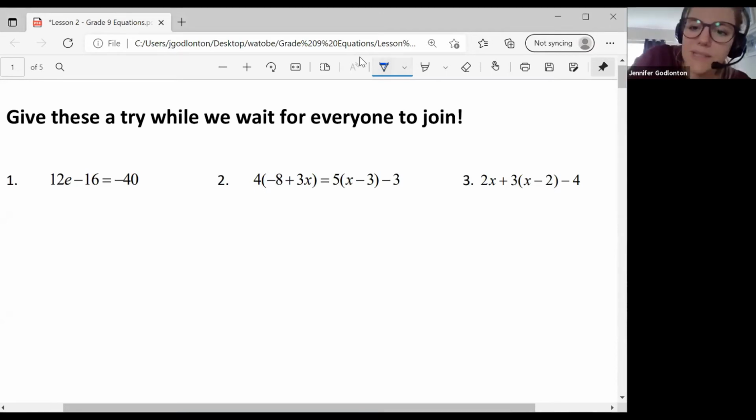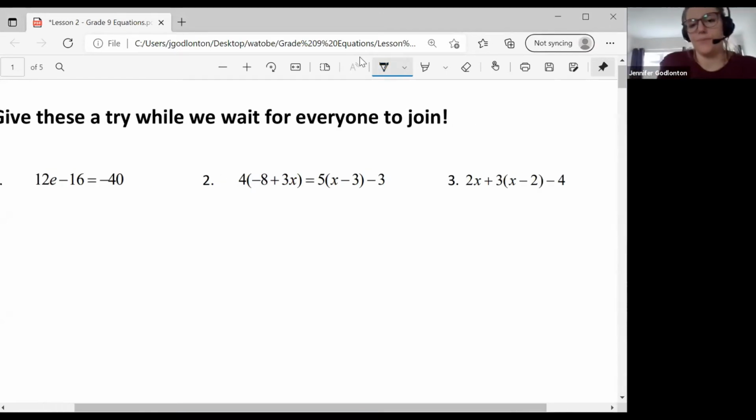Sorry guys, this one's missing an equal sign. That should be an equals, not a minus. The equals is getting worse and worse. Let me try again. It's not great, but that is an equal sign for those of you who can see it.